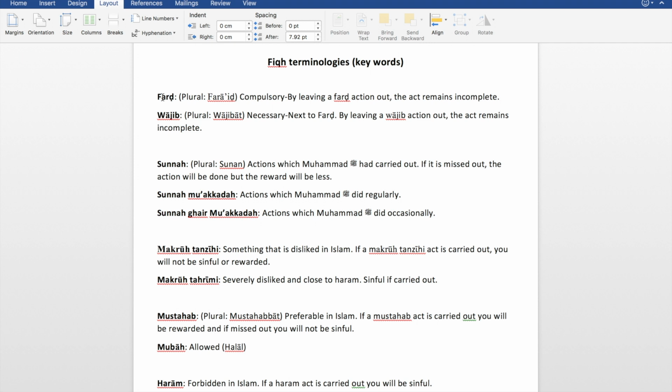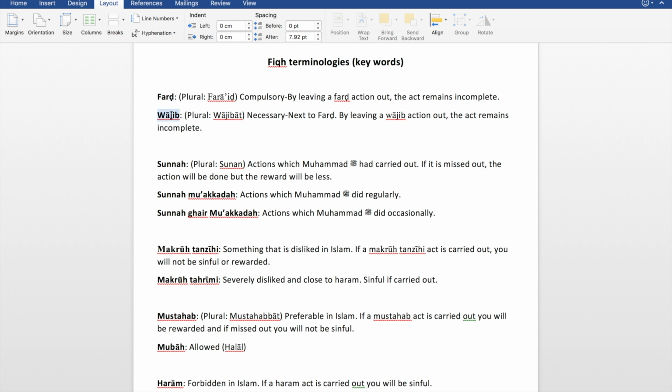Like for example, praying 5 times salah. Every single Muslim knows that this is fard, and Allah has clearly stated in the Quran we have to pray salah. The Prophet has clearly told us that we have to pray 5 times salah. So now, because it's so clear, if someone says no, I don't believe in 5 times salah, it's actually 4 times salah, I don't believe in Isha, for example, they will not be a Muslim. So if you deny a fard, you will not be a Muslim.